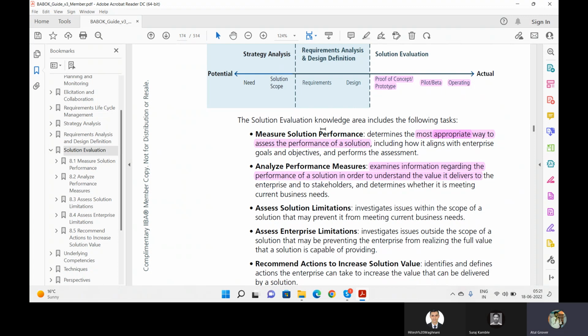If we go via car, the measurement sections are like suitability है, feasibility है, security है, performance है, time saving है. Now to analyze these things and in order to understand the value it delivers to enterprise and the stakeholder,